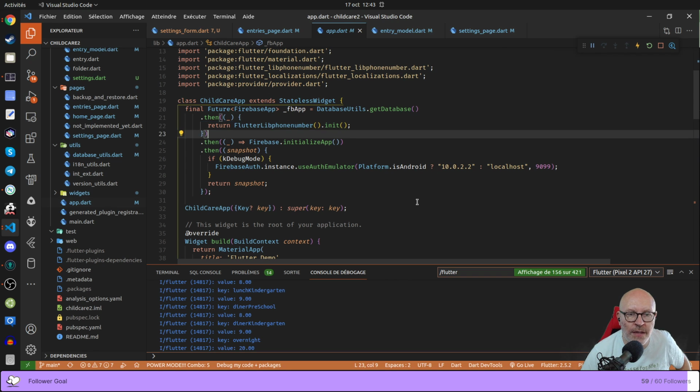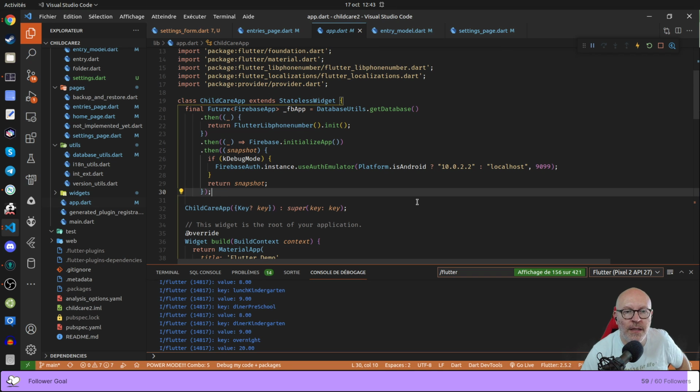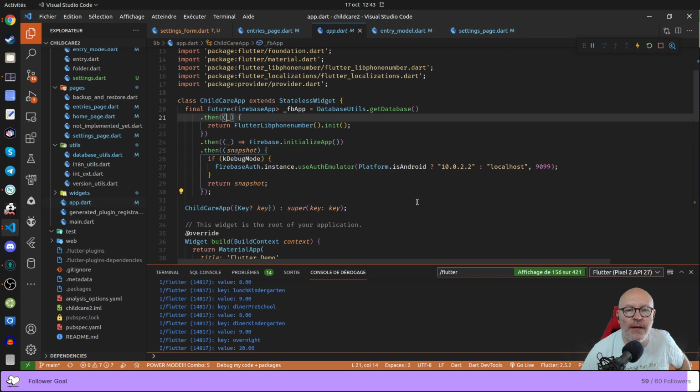Then I initialize the Flutterlib phone number. Then I initialize Firebase. Then with Firebase, if I am in debug, I connect to the simulator. But here I initialize the database, which means